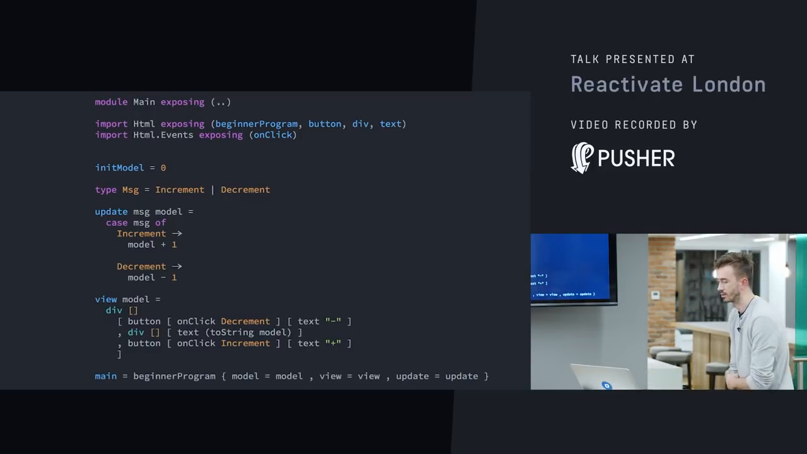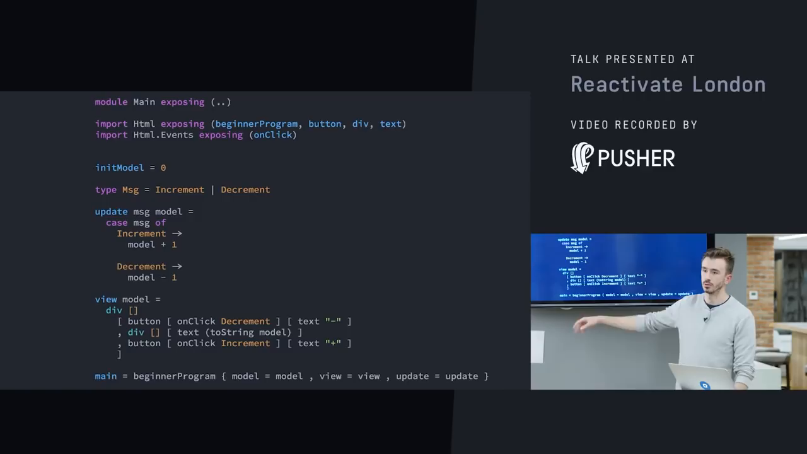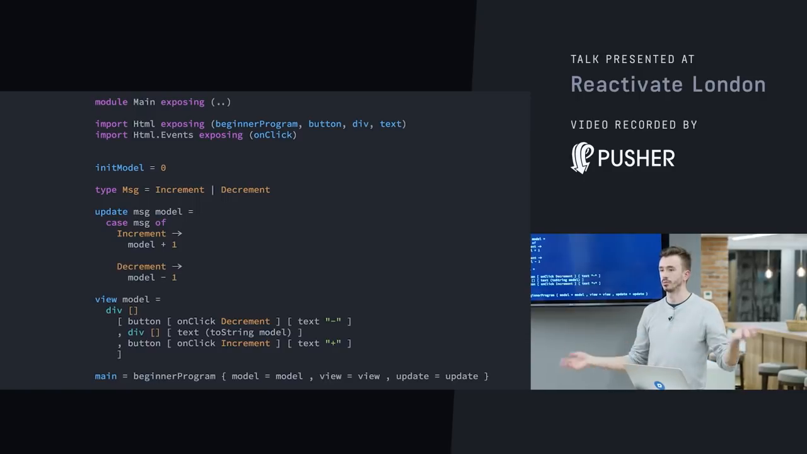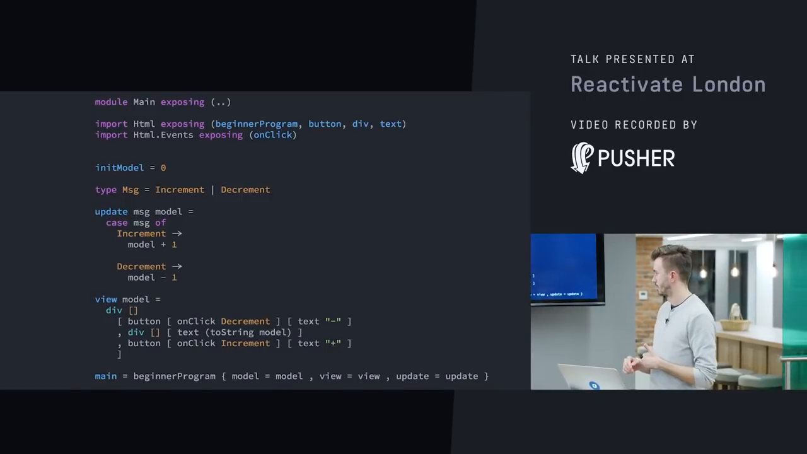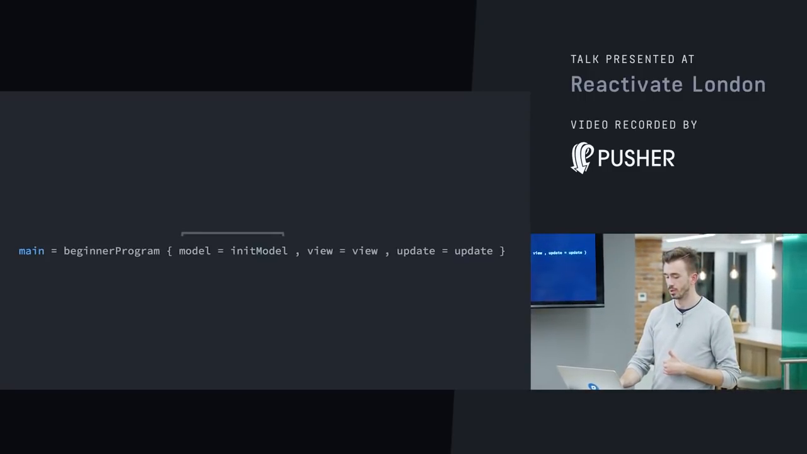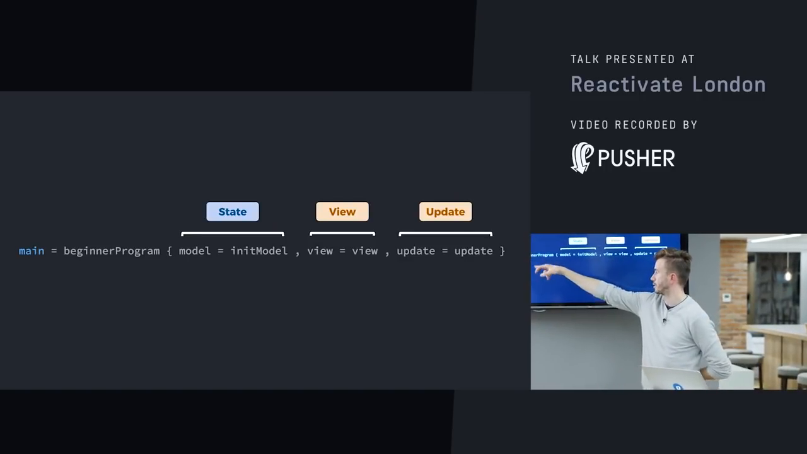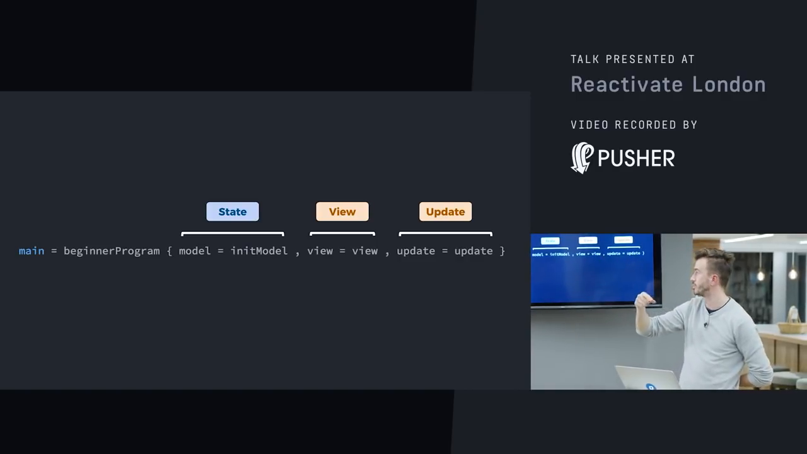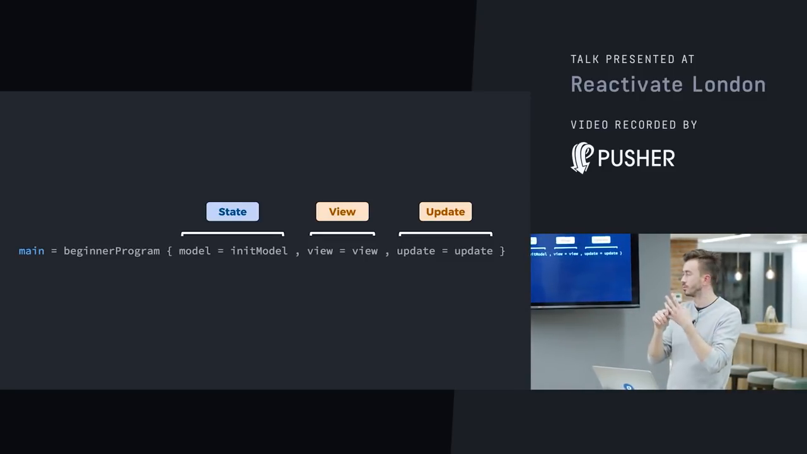This is the last line that stitches everything together. So Elm always looks for an entry point called main. And in main, we have to give Elm a program value. So it's a value that describes how our program functions. So what we're doing here is we are taking the beginner program, which is the function that we've got from the Elm core library, and it takes a hash that has 3 parameters or 3 attributes in it, a model, a view, and an update. So literally, the stuff that we've just written, the 4 things that we've written, save for the message type,